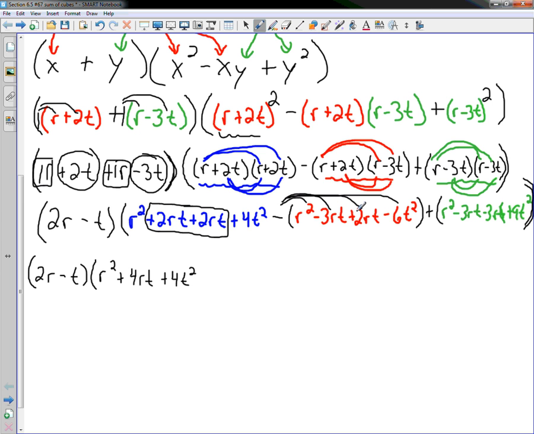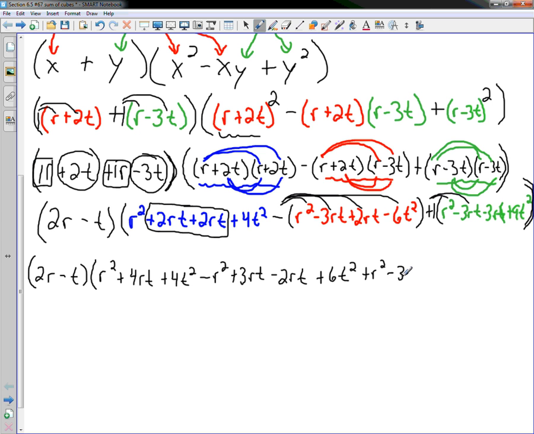We could combine like terms before we distribute. Either way. So negative r squared, so negative 1 times r squared. Negative 1 times a negative 3rt is a plus 3rt. Negative times a positive 2rt is a negative 2rt. Negative times a negative is a positive 6t squared. Then we distribute the positive 1 in, and we have plus r squared